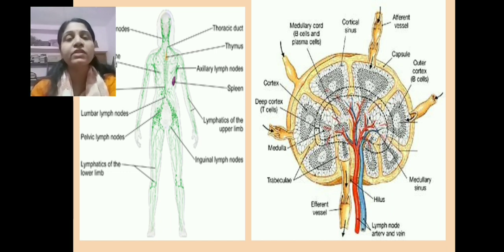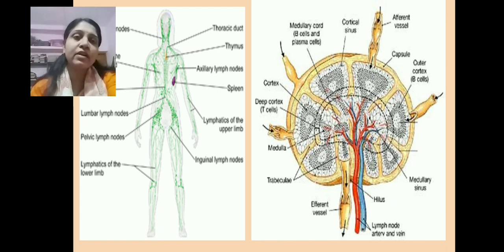Now these germinal centers majorly have the activated B cells, which are getting the antigenic stimulus. Those cells which are not getting the antigenic stimulus are called the naive cells, and those which are getting the antigenic stimulus are called the stimulated cells. And majorly these stimulated cells form these germinal centers.